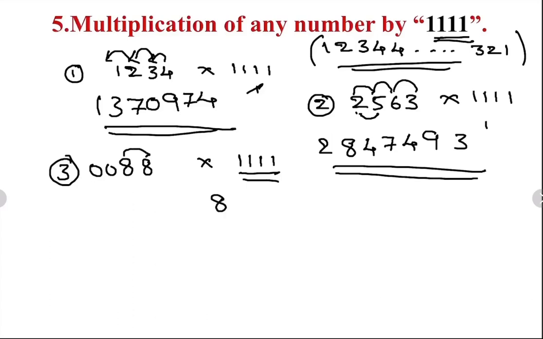8 plus 8, 16. 1 carry forward. 8 plus 8 plus 0, 16 plus 1, 17. 1 carry forward. Again 16 plus 1, 17. 1 carry forward. Next 8 plus 1. This is the answer. If we go with another example,